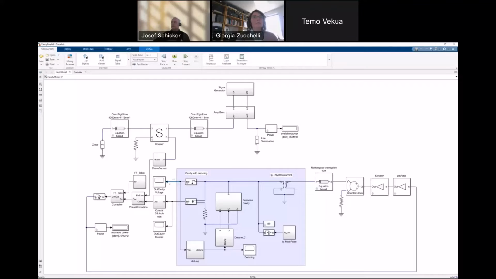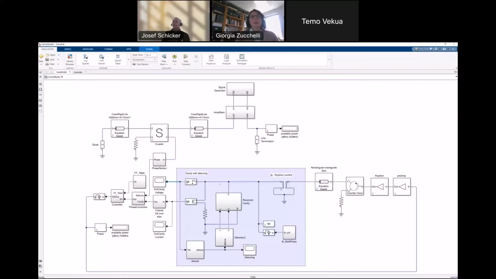And the blocks are all unidirectional, so in a way they behave just like a function. You get a sample in, you get a sample out. They can have internal states, but there is no such thing as the input depending on the output, unless you have a feedback loop that is separately or explicitly modeled.